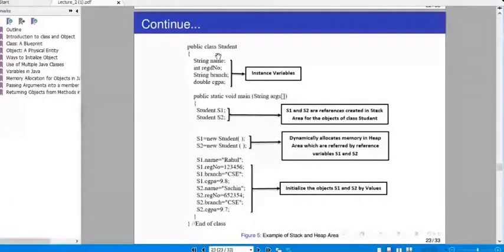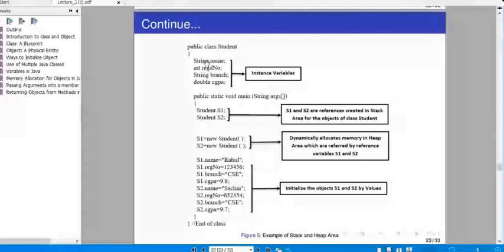I have defined the class Student. Now you must be able to understand the term. This is the class tag name. So I am defining the class Student. Class name is also called as class tag name. Then these are the instance variables. So 4 instance variables, also called as data members of the class.